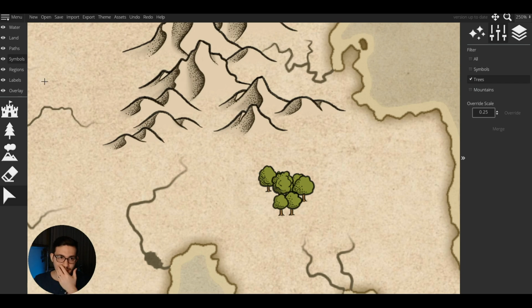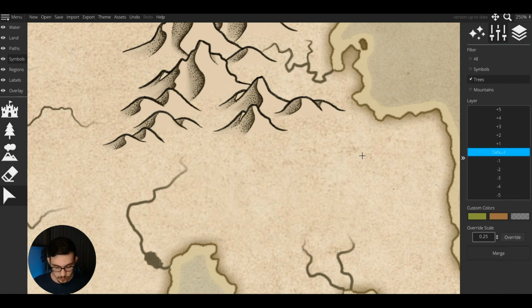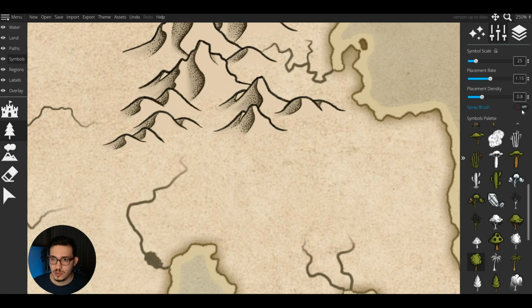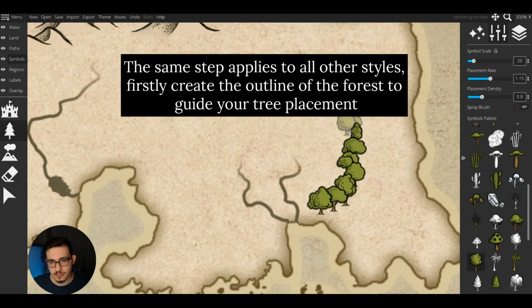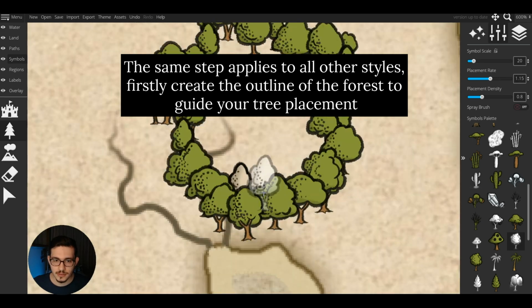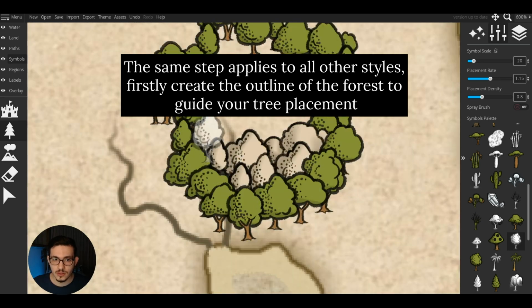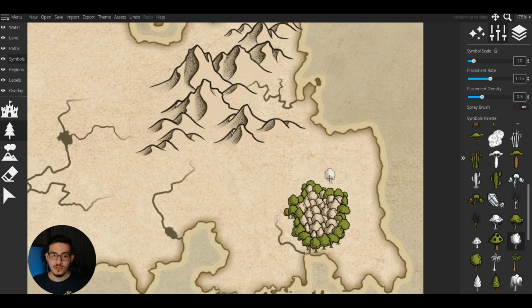But if you get it done here with like a few trials, it will look nice. To me, I personally don't prefer it because I want them to be more separated properly, placed more properly. So for example, I'm going to add some forest here and I'm going to fill it with these guys. Why I'm doing that, I will also reveal later on. So now I have a forest here and I'm going to make more forest around the map.